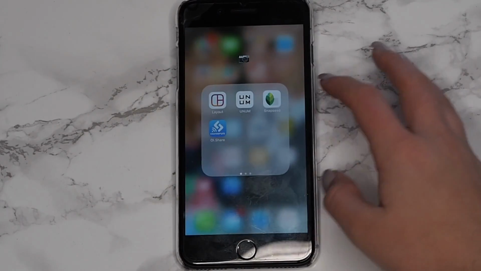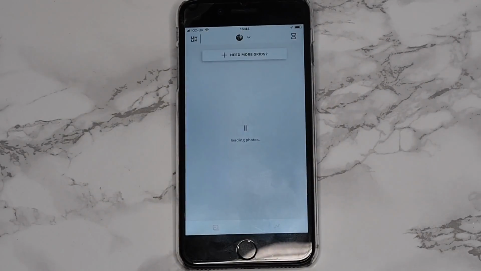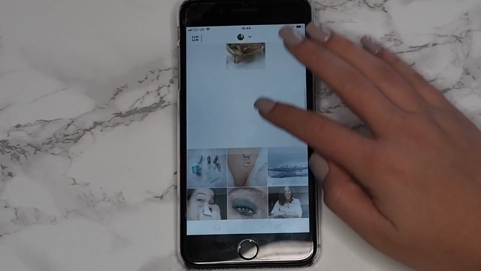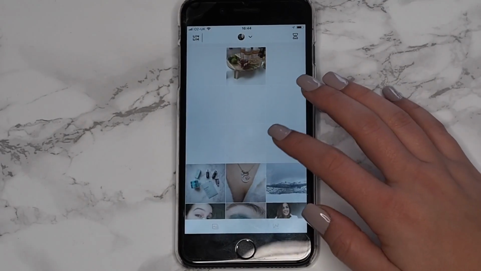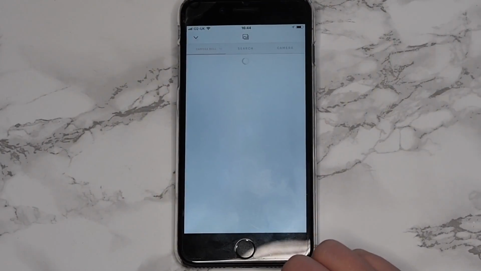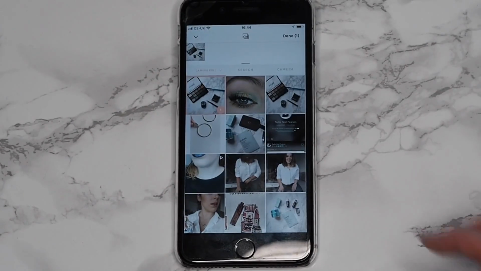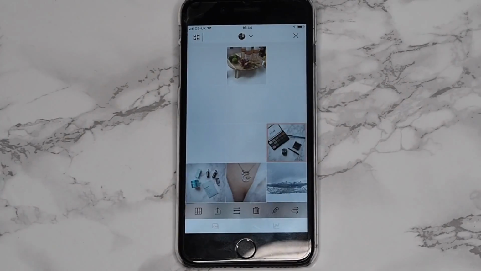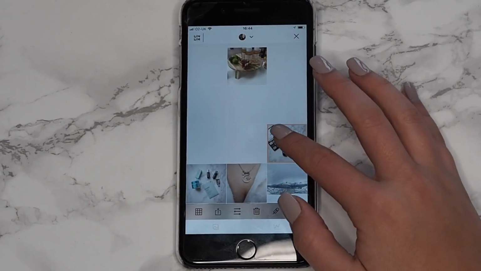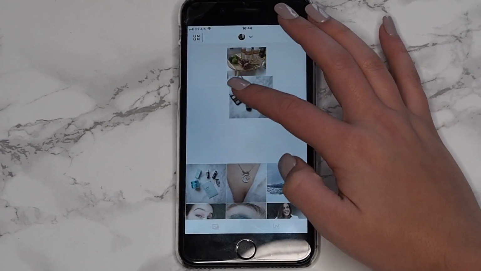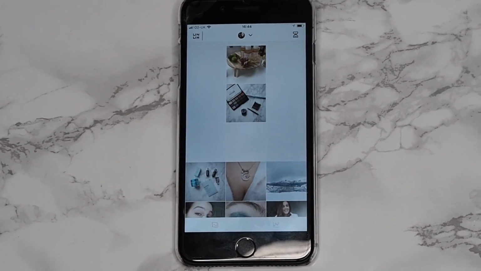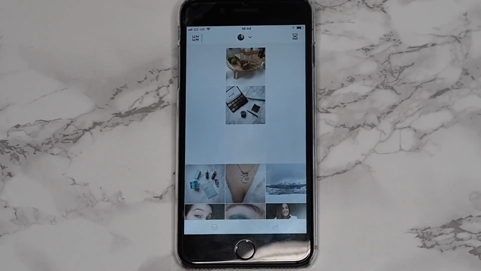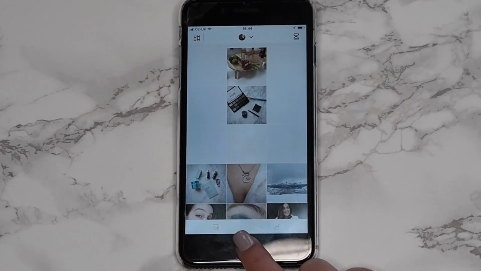So then I go back and I go to this app. This is a scheduling app, so it brings up your feed as you can see here, and I can just see where this image will fit in the feed. So sometimes they fit really well, and sometimes I'll just move them about a bit. So this one will probably have to go maybe here. So then I count how many squares that is, so that's 4 squares, and I use my next app,